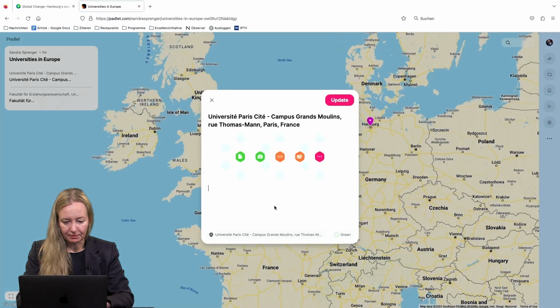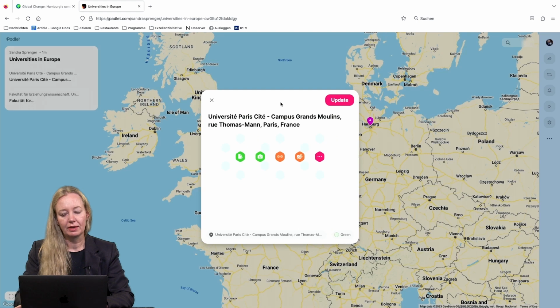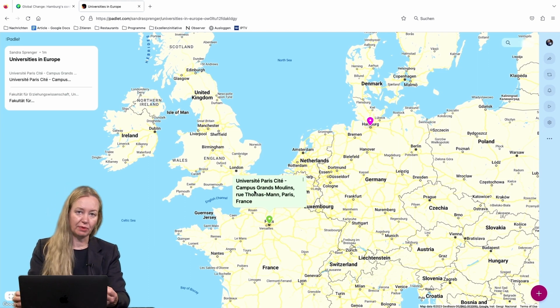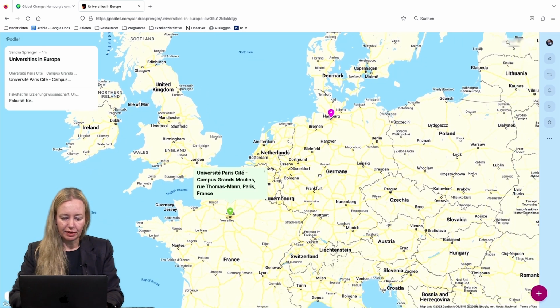You can also edit the post. That means you can enter some files, some data, or also a link. Maybe if you want to enter a link, you can just enter the name of the link here, and then you can make this into your box. You can also add photos, videos, whatever you want. You have lots of opportunities to work with.